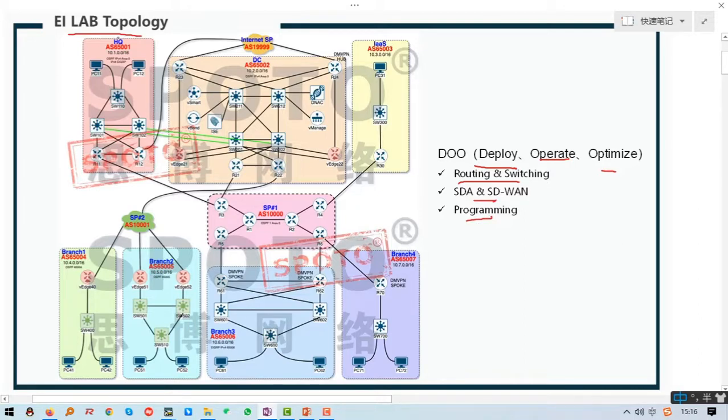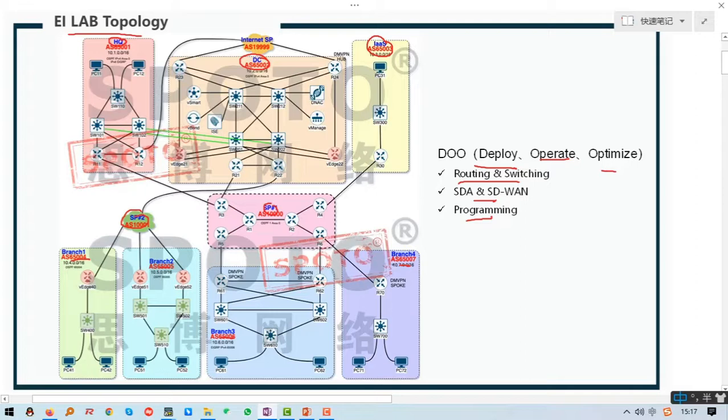This belongs to the HQ category, and this module belongs to the DC category, and the module on the right belongs to the IaaS, and the SP1 and SP2 are connected, and the corresponding four branches belong to the